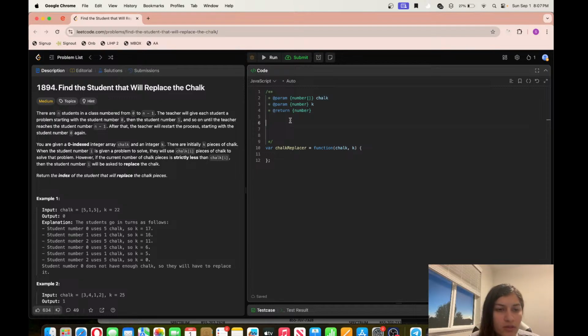You are given a 0 indexed integer array chalk and an integer k. There are initially k pieces of chalk. When the student number I is given a problem to solve, they will